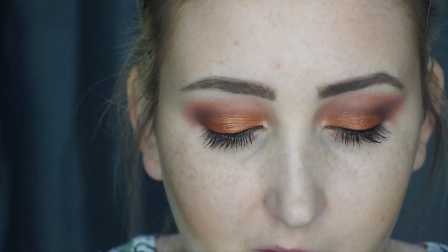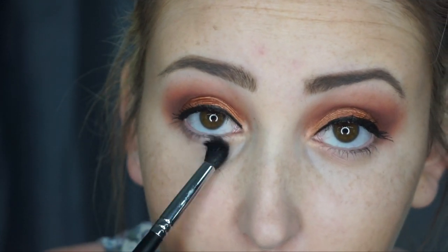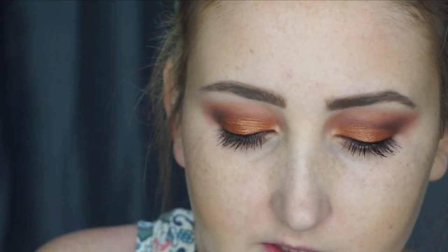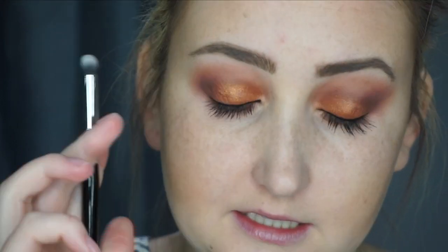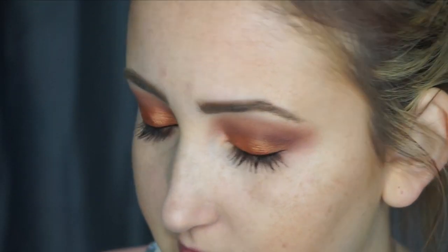So now we're going to go in and do the lower lash line. And first I'm going to take my Morphe M411 and dip into the shade Covets, this one right there. And I'm just going to sweep this under my lower lash line. And then I'm going to go in with the next shade over, Fantasy, and do the same thing. Same brush, same thing. And then I'm going to go in with my Morphe E18 brush, sorry, and dip into the For More shade right there, that dark brown,